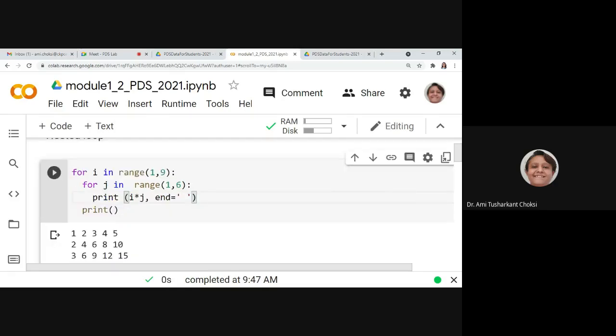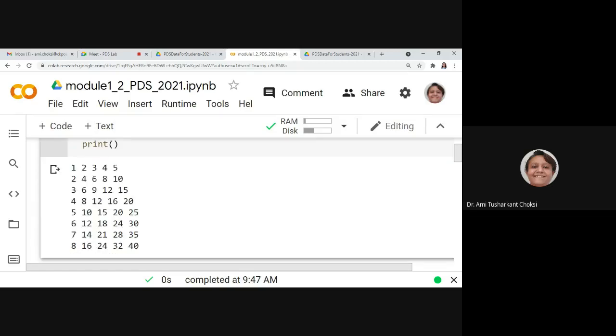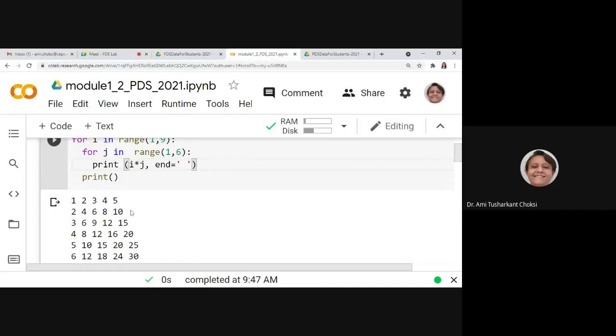Here only print, because I want to give the new line, right? So what I am doing is, I want to print 1, 2, 3, 4, 5, then 2, 4, 6, 8, 10, 3, 6, 9, 12, 15, right? We can say that each and every table I am printing, like this is for 1, this is for 2, then the next line is for 3, then for 4, then for 5, 6, right?